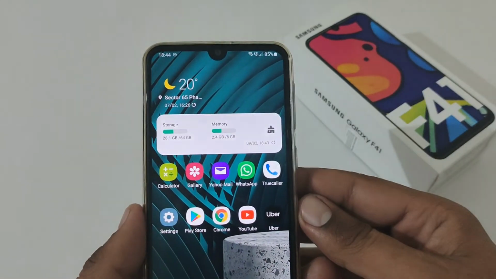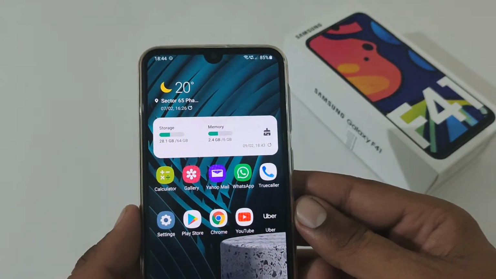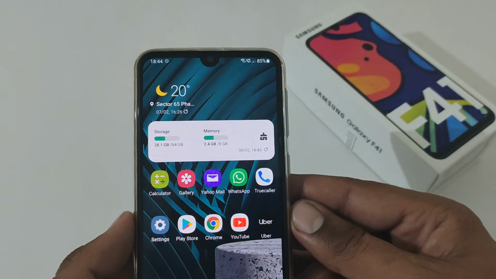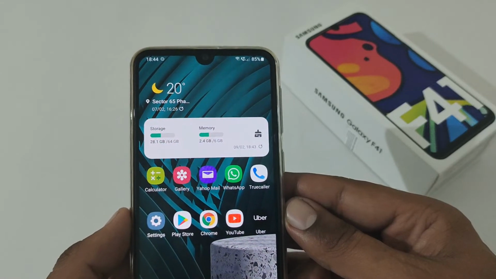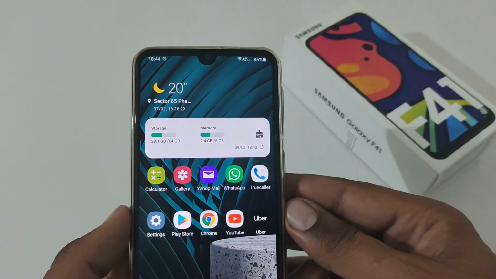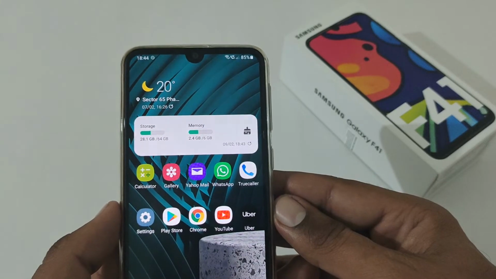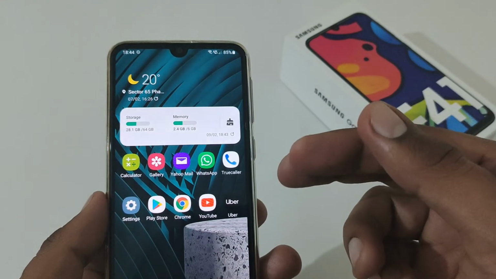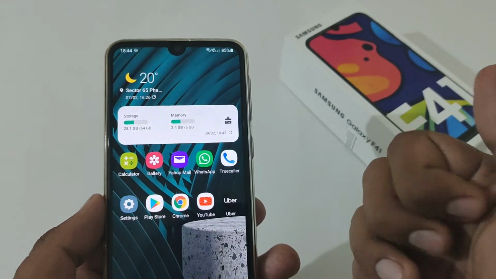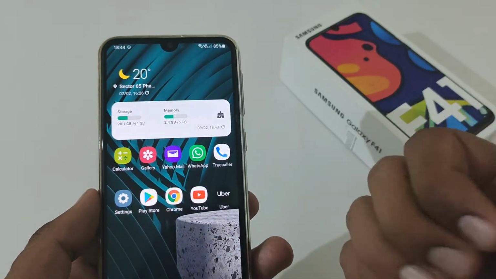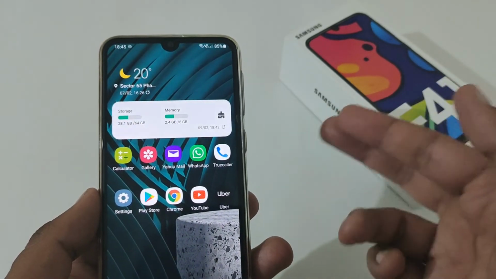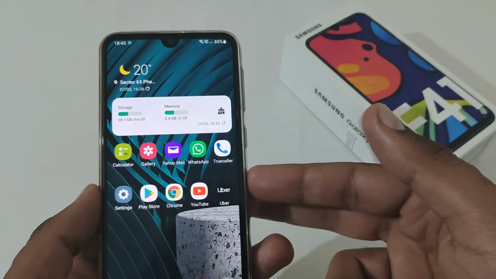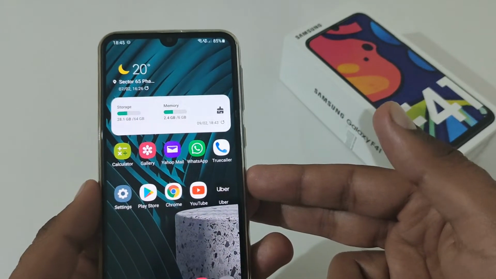So basically I am assuming that maybe you are facing network related issues on your phone. Sometimes you are connected to Wi-Fi but unable to access it, but on the other hand the same Wi-Fi is accessible and running on another phone, and you are fed up of changing those settings and so on, and you are planning to do a factory reset. But I'll surely recommend that if you follow this, maybe that can save you a lot of time, because to do a factory data reset, firstly you have to take a backup, you have to reset your phone, afterward you have to restore the data, then again reinstall the apps and so on. That will take nearly about 4 to 5 hours, and in certain cases more than that as well.